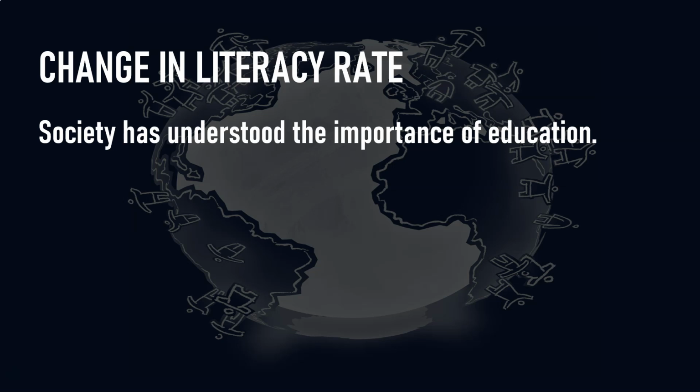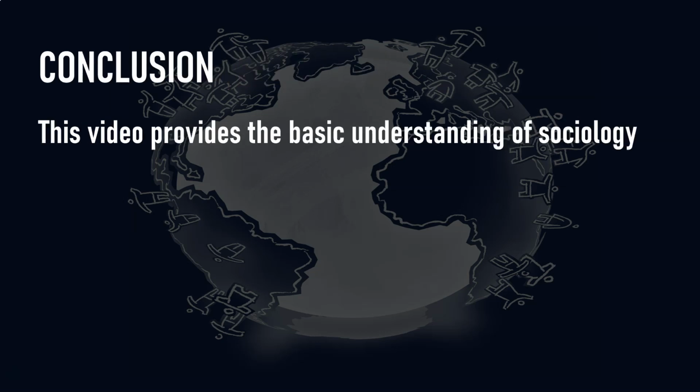It means that society has understood the importance of education. Society has perceived that education is an important tool and a resource that can be used to transform lives. In the past, agriculture was deemed an important tool, and now it's changed to education. In the future, maybe technology, AI, ML will shape society. So that's how societies change over time. They're always changing. We're living in a digital internet era right now, and societies have already changed significantly. So sociology tries to understand these changes in society as well.